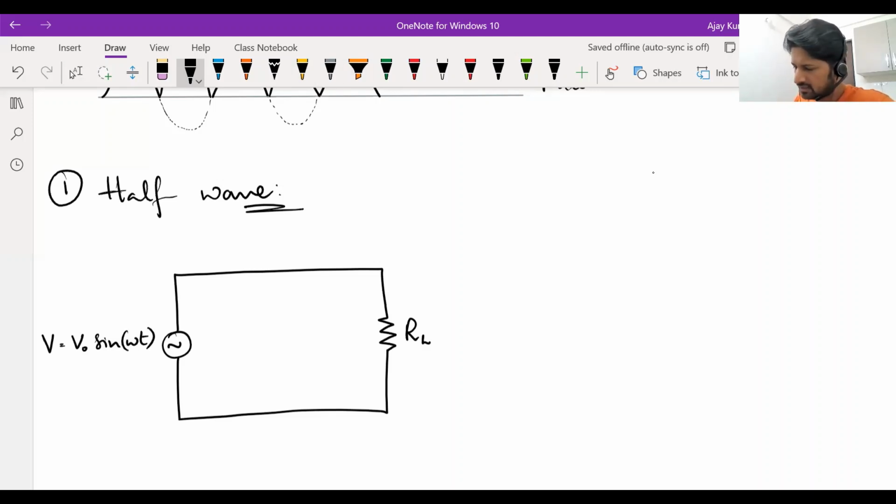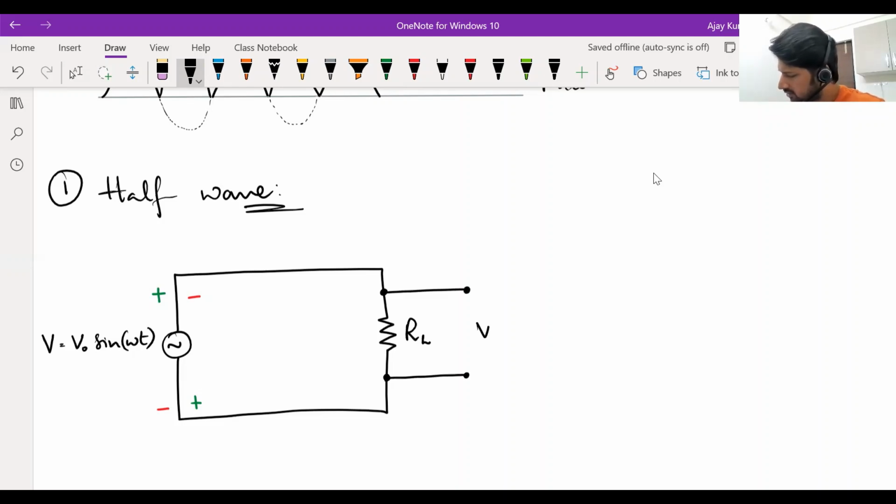Now, this is an alternating input that we are supplying. So for some time, this side will be positive, this side will be negative, and in the other half cycle, this side will be negative and this side will be positive. And you will see the same across the load as well. So for some time, current will flow in the clockwise direction, or in the downward direction through the load resistance. And in the other half cycle, it will flow in the upward direction. So if you take voltage across this resistance now,